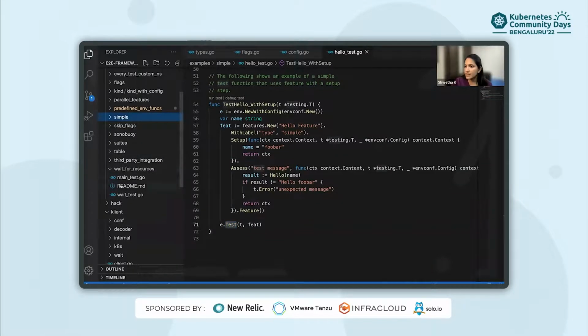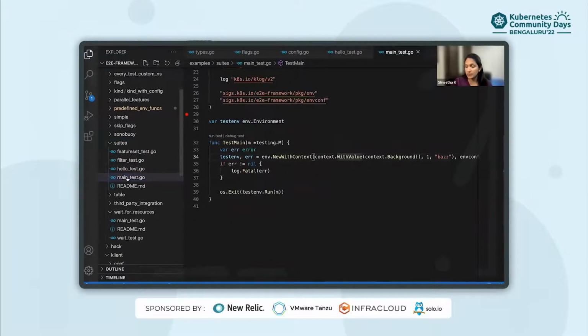Okay, let's see the suites. So what is a test suite? A test suite is a method which is defined at the package level. One can define setting up prerequisites or cleaning up resources in these suites. In our files, main_test.go acts as a test suite. Here we define TestMain.